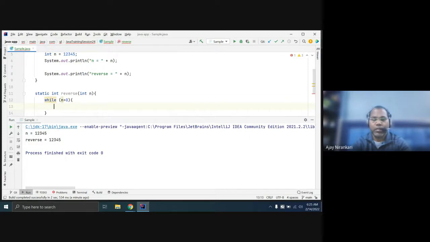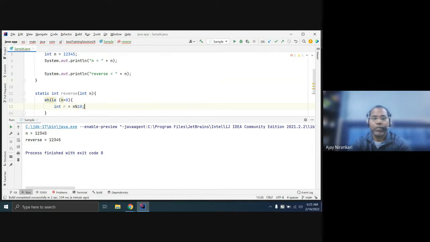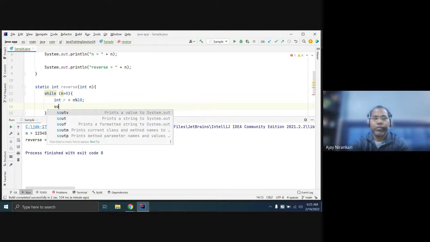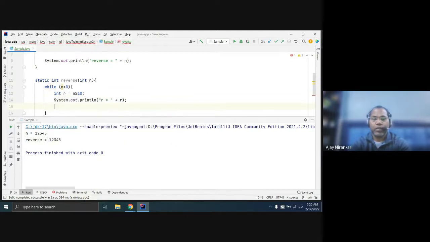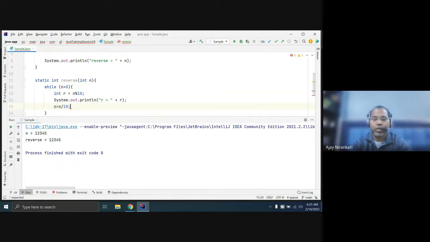Let's get the remainder using number modulo 10, and after that divide the number by 10, number equals number divided by 10.